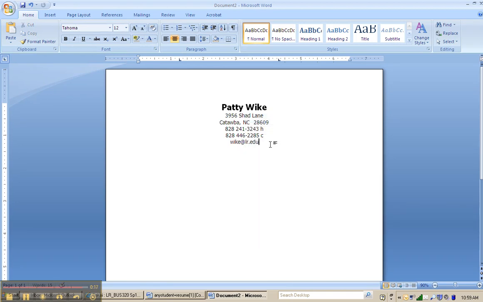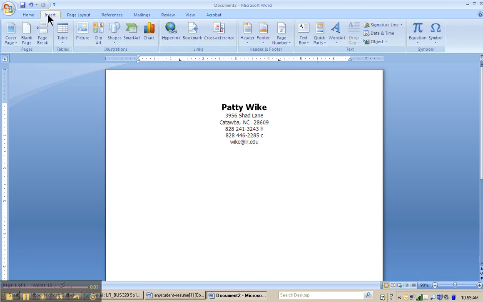Now we want underneath here, so much for that idea. There, I click down instead of hitting enter. Now I want to put a line here of some sort. So I'm going to go to Insert, SmartArt,